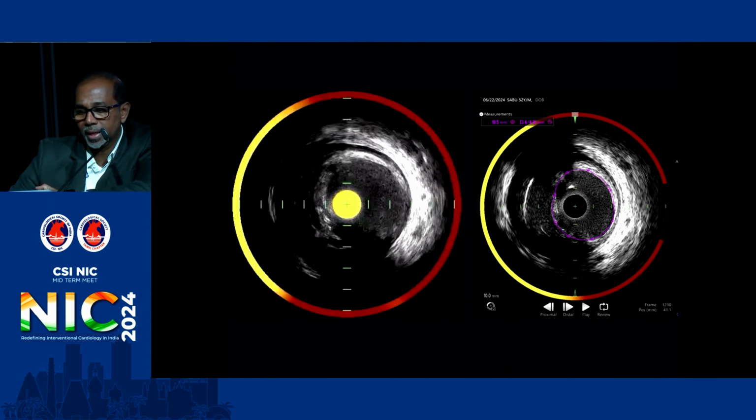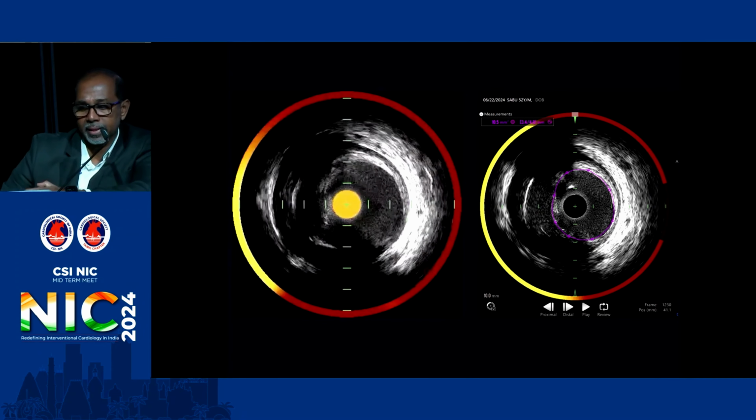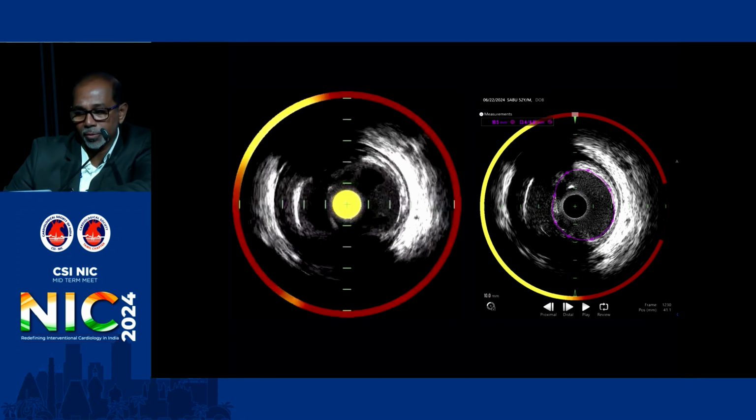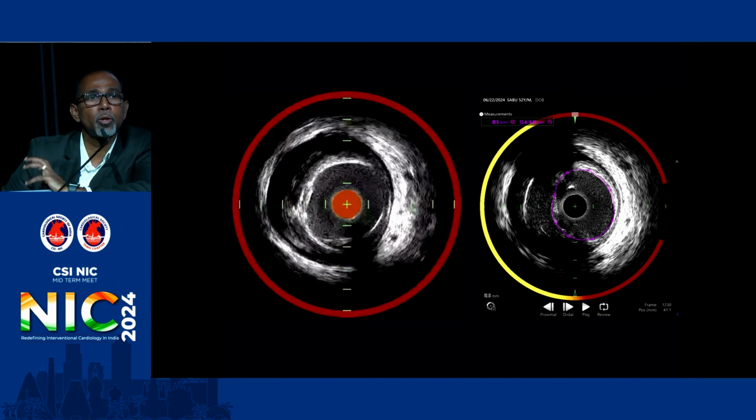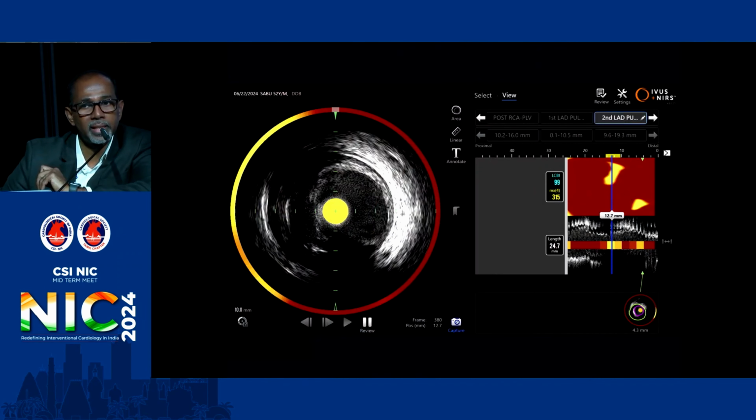So we went ahead with NIRS evaluation. You could see in the IVUS image that it's an ulcerated flap over there. It's an ulcerated flap, and you could also see in the second frame that the minimal luminal area is almost 10 millimeters square. So even though you had an ulcerated flap, the minimal luminal area was 10 millimeters square, and